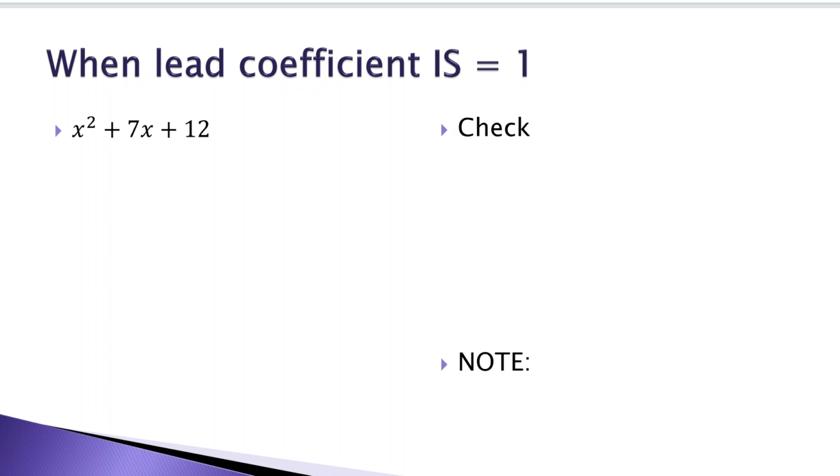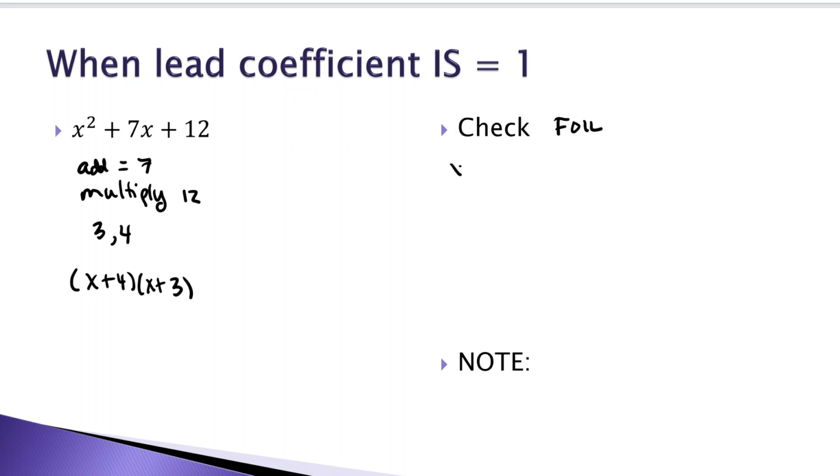Okay, you probably know that you're going to look for numbers that add to be 7 and multiply to be 12. And if you think about it a little bit, those numbers are 3 and 4. And so you can turn this into x plus 4 times x plus 3, sure enough. And if we were to check that using FOIL,